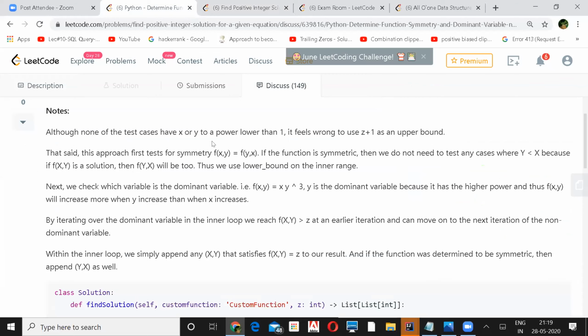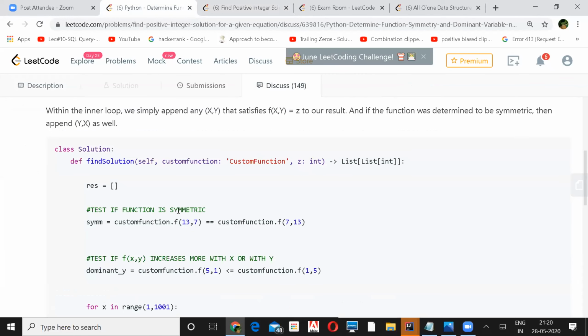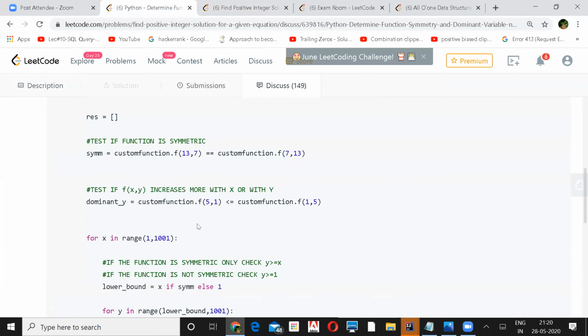Okay, this is a good one. We need to go through that again. And on top of it, why are they using this 13,7? On what basis? No, I think he's showing some examples, right? Might be, if the function is symmetric like this, then symmetric. So maybe he thought of some relevance.